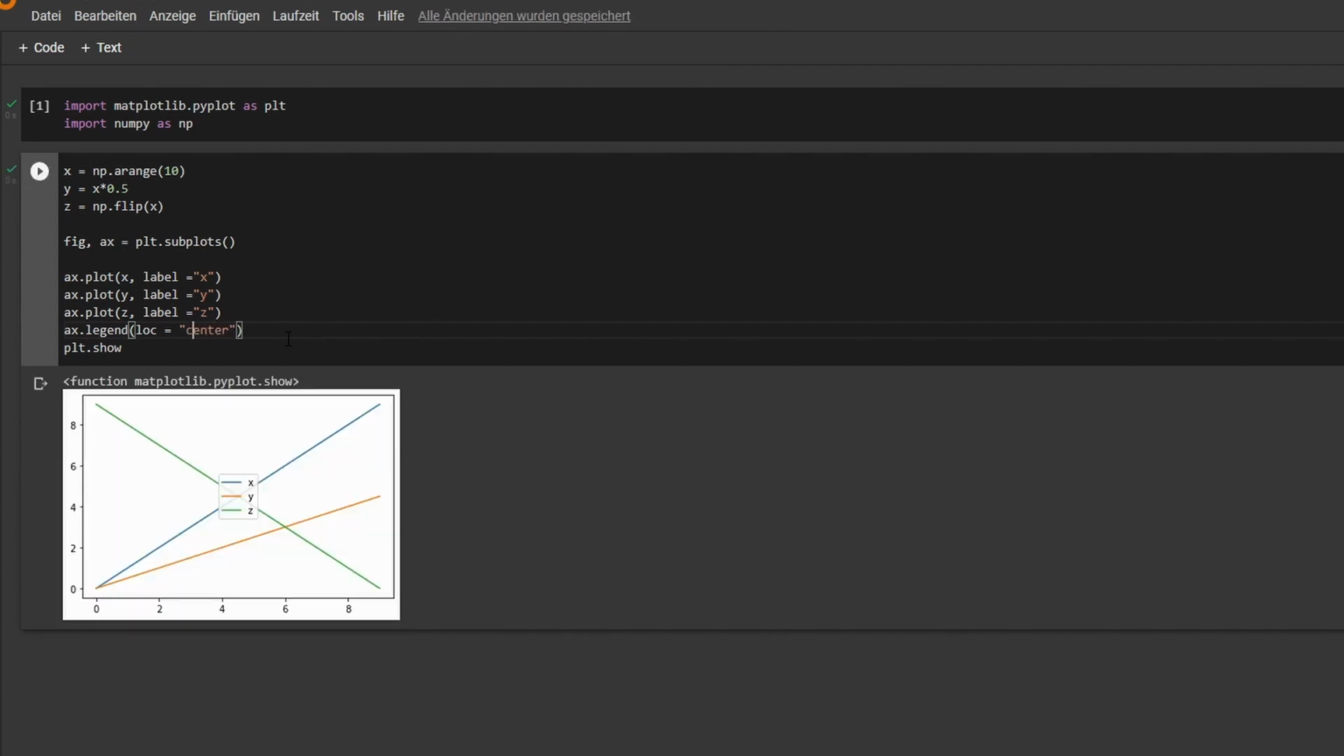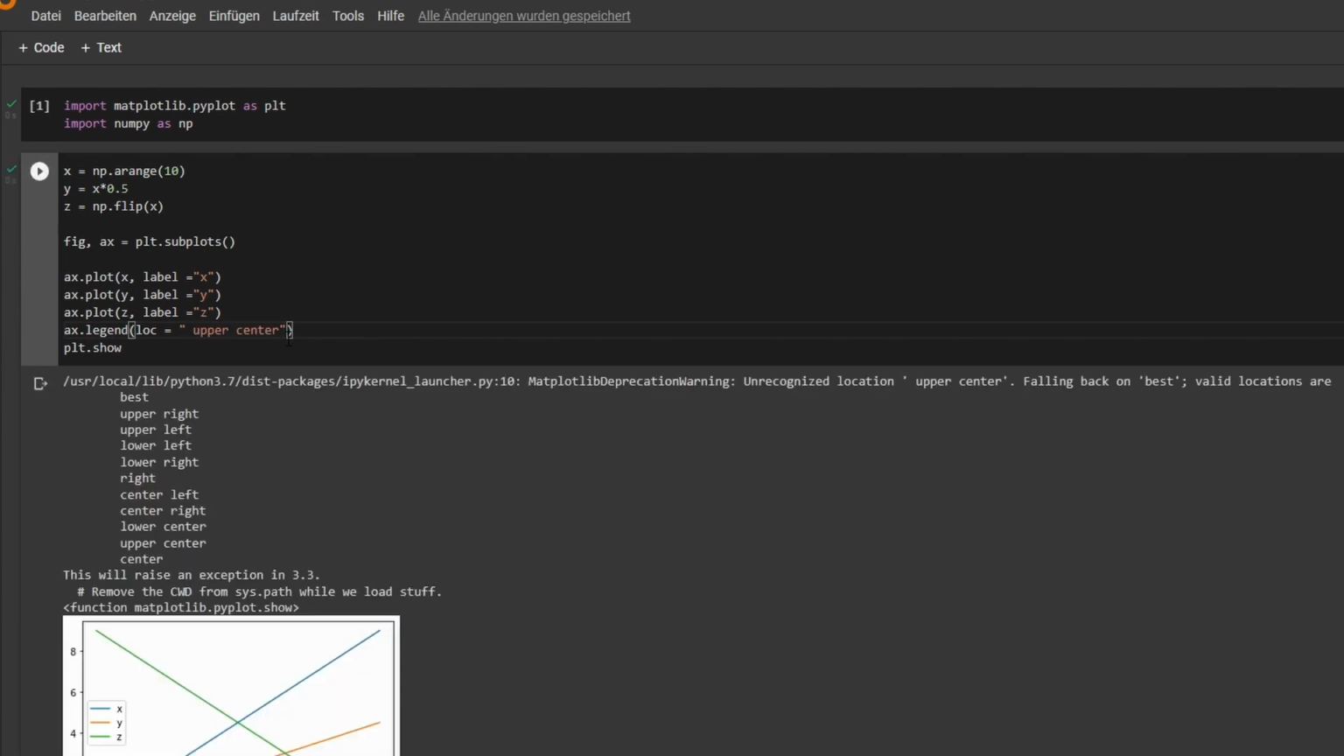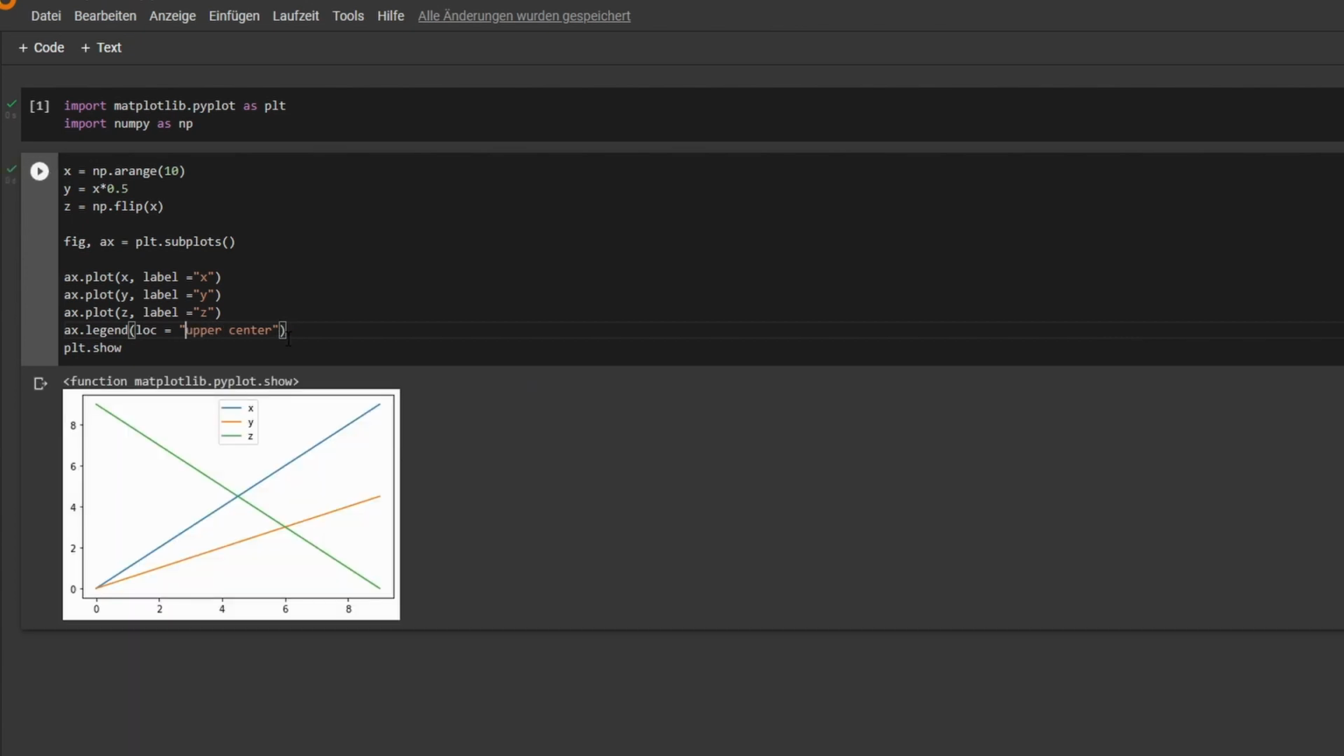which doesn't make too much sense here. Let's try upper center. Not that one. Or we can also do lower center. You get the idea. So if we want to place the legend outside of our plot, so outside of this